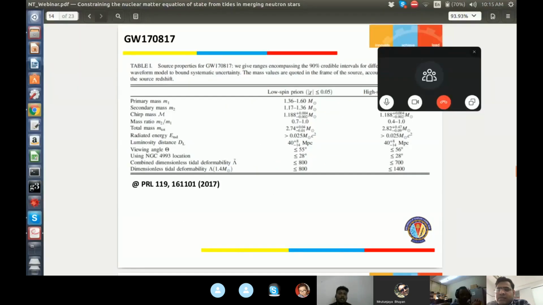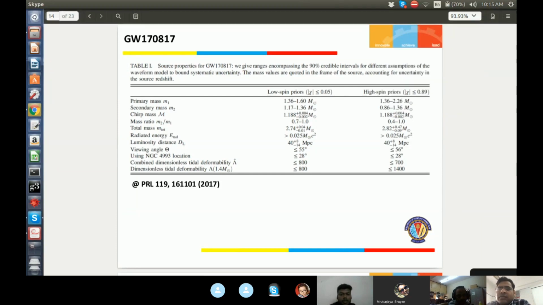In the GW170817 event, a binary neutron star merger, they have given the primary mass. There are two neutron star masses. The primary mass is in the range of 1.36 to 1.6, and the secondary mass component was 1.17 to 1.36. They have determined a chirp mass, which is a combination of these two masses, very precisely measured as 1.188 plus or minus the error bar,